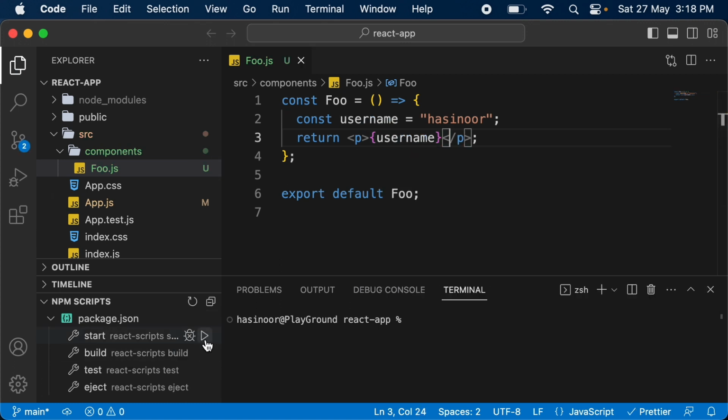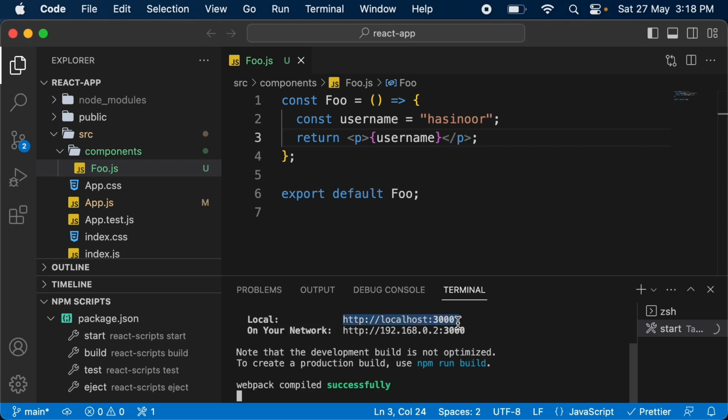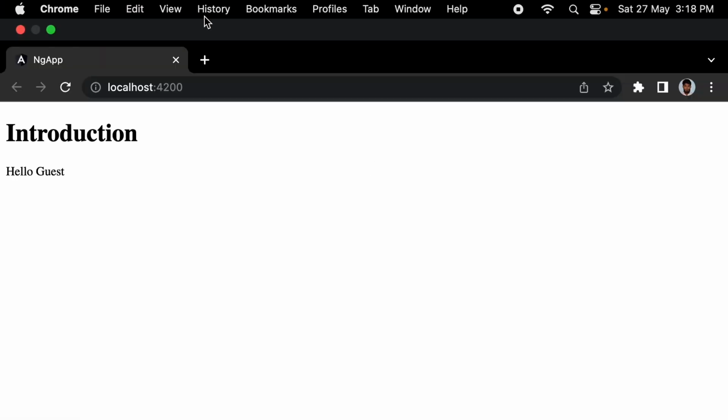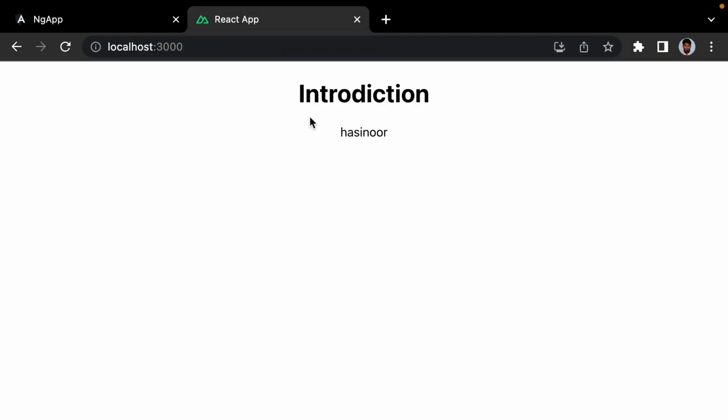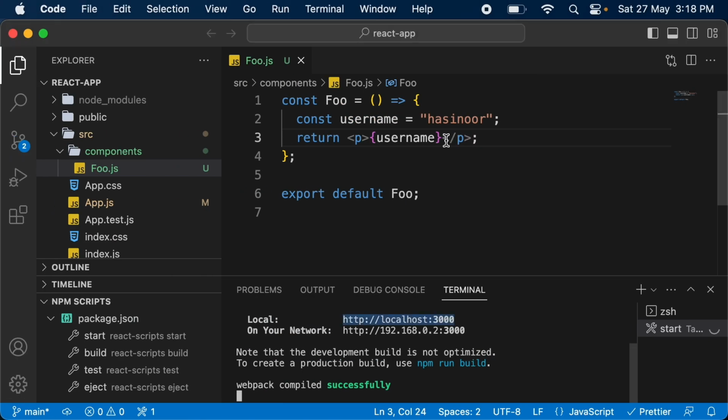Now let's start our development server. Copy the address and navigate to the browser. Here you can see Hashinur text has been rendered. Well, that's how text interpolation works here. Now let's talk about conditional rendering. In React, if you want to handle only one case, such as you want to check if this condition is true, then I will render something, else I will not do anything. In that case, you will have to use